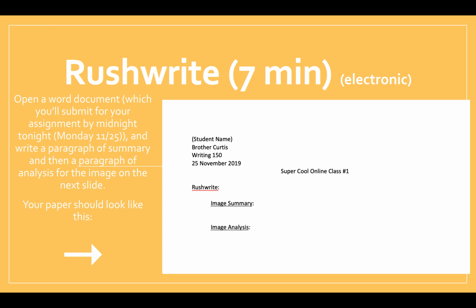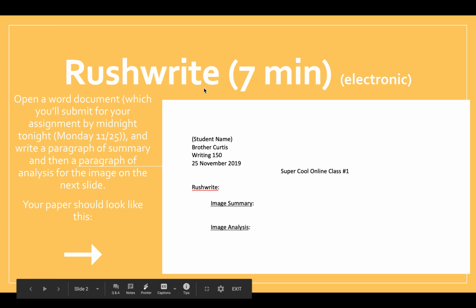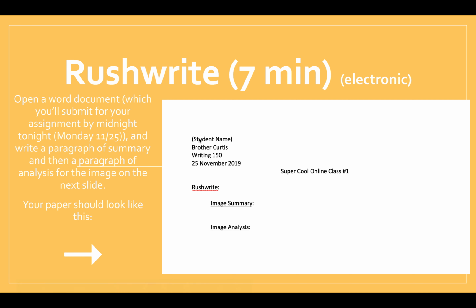You're going to have a rush write, and this is the way that you're going to do it. It's going to be all electronic. Obviously, I don't want you to write something out by hand. If you're opposed to typing and you really do want to, I suppose you can, but you'll just have to submit a picture, so you have to snap a photo. But other than that, you'll create a document, Word doc or Google Doc or whatever. Don't do it in Pages, please. But do a Word doc format, and then you put your name, in standard MLA header, rush write, and then this is the rush write we're doing.